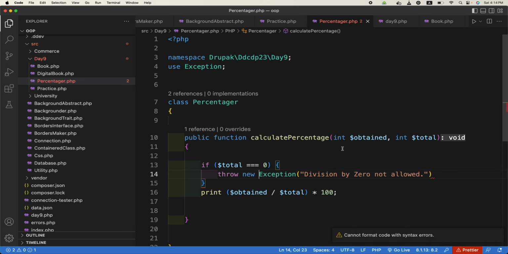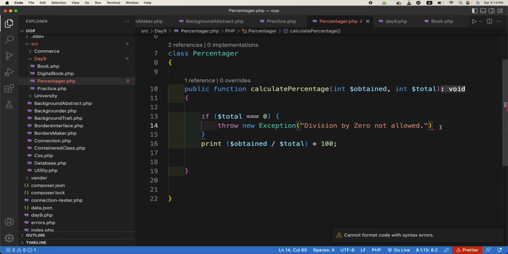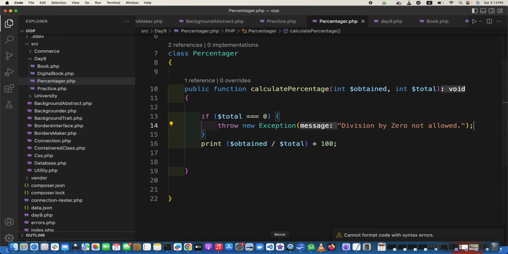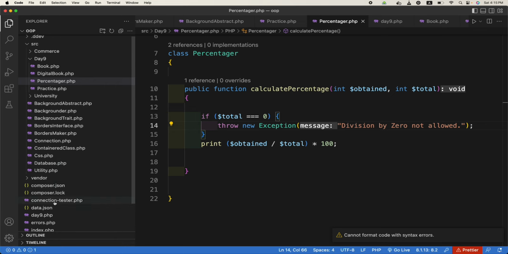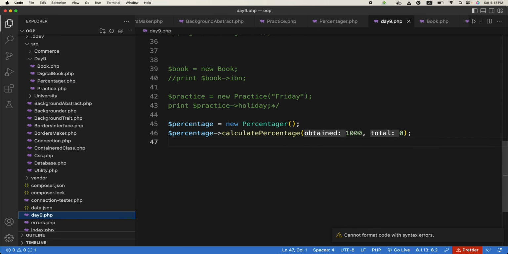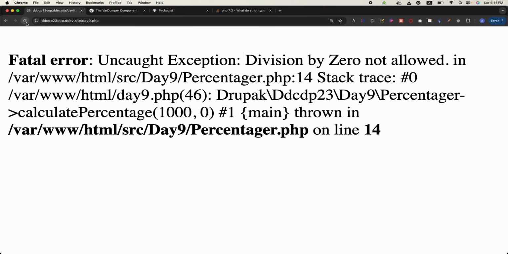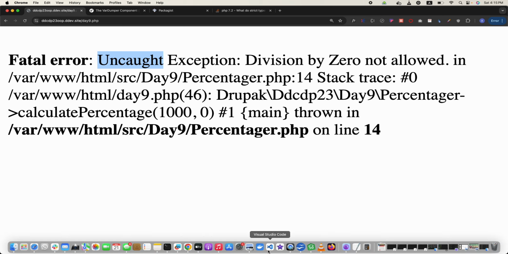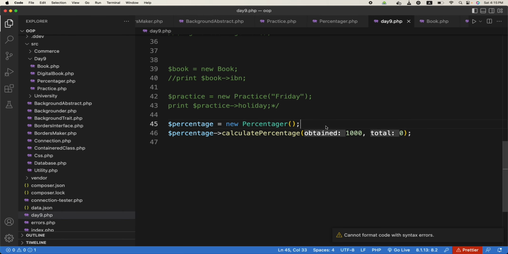So now if we refresh the page and pass 0 with it to the method in day 9, which we already are, and I refresh the page, it is giving us an exception, division by 0 not allowed. So this is that text which we have passed, but still it is uncaught. Okay, so we have thrown the exception, and that is working, but the exception is not being caught. So where is it caught? It is caught wherever you are using your code. So here we are using this stuff,